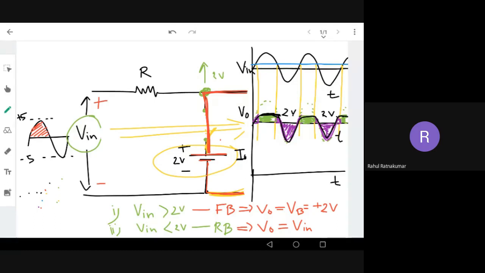Now we can see in here, there is a phase when my diode is cut off. You can see the diode is in reverse bias when V in is less than 2 volt, right? So at that time the current is zero. So current is zero in all places where V input is less than 2 volt. If you extend this line, we can see that these are all the points being less than 2 volt. So current is only in these areas where my saturation points are.